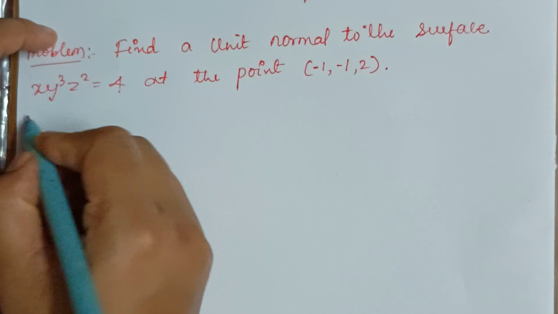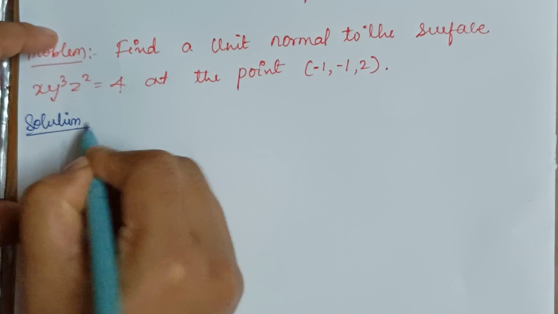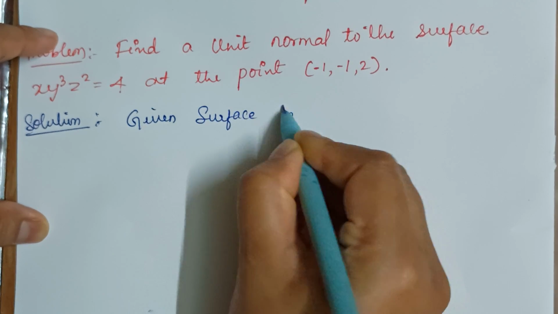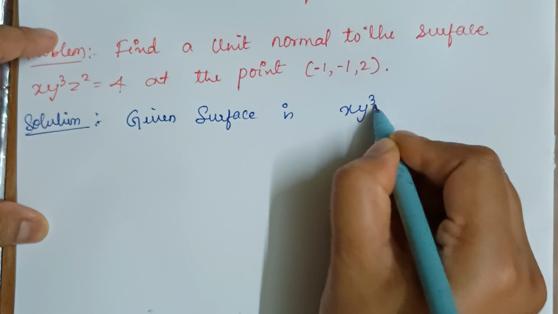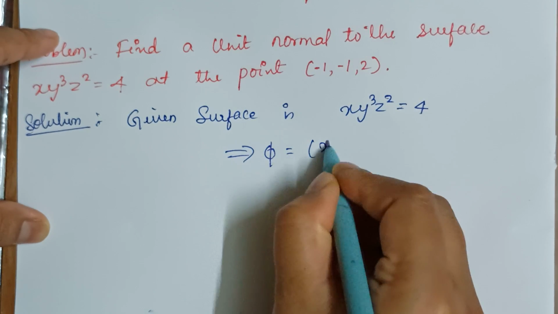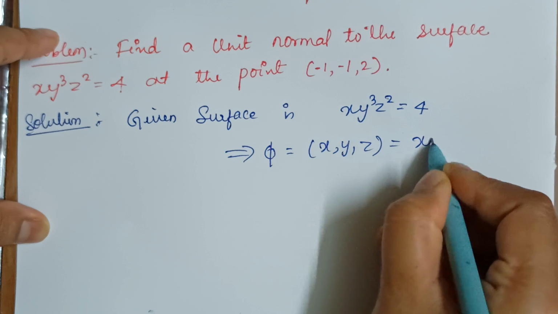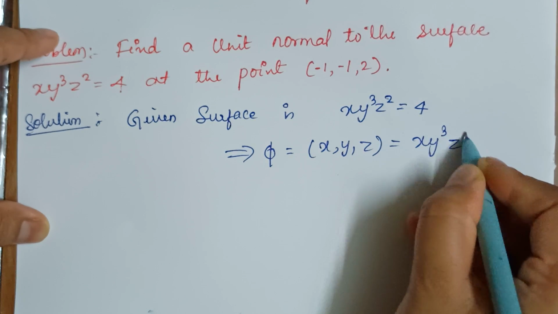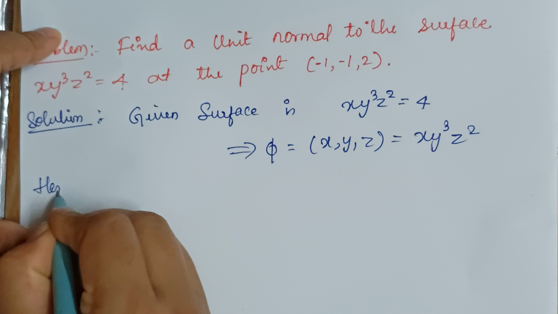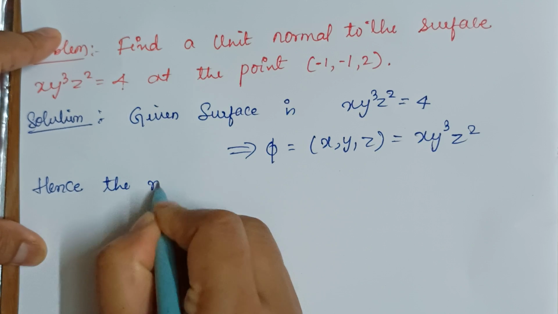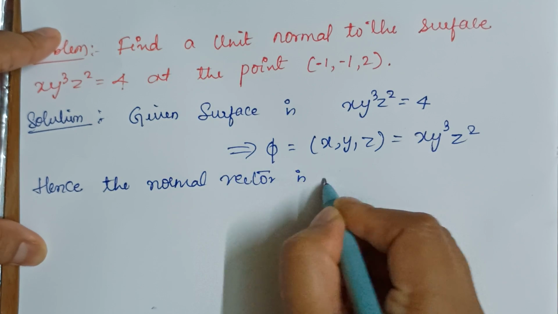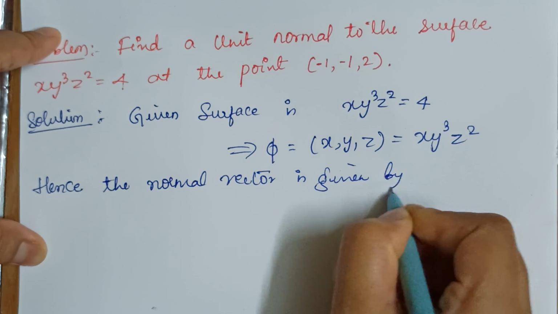Alright, so the given surface is xy³z² equals 4. So phi(x, y, z) equals xy³z². Hence the normal vector is given by